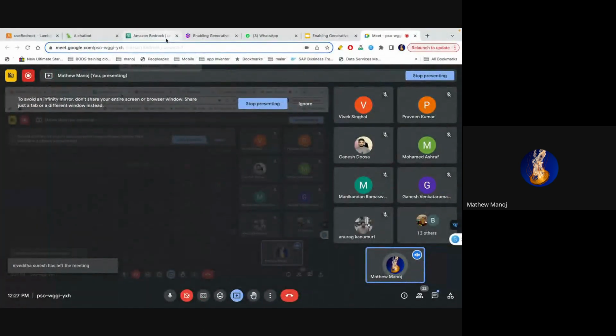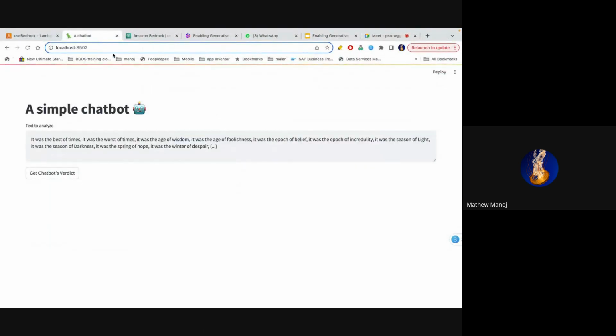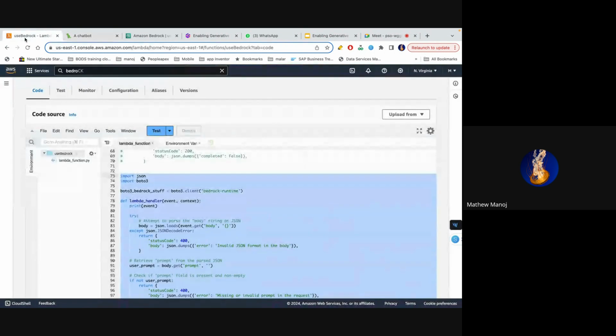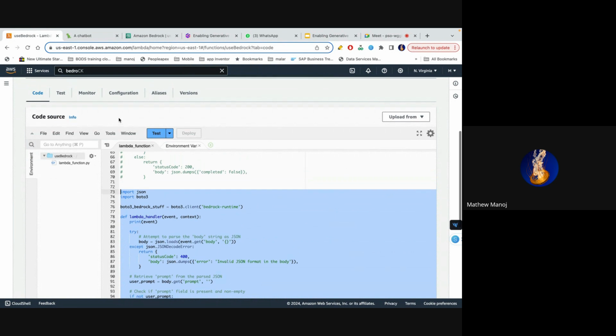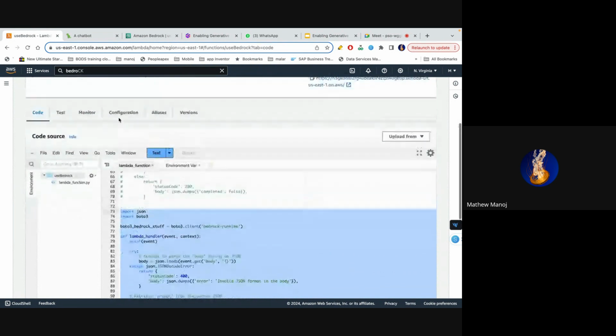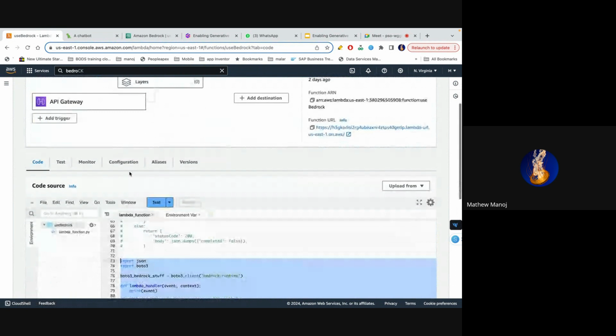So let me come here. This is a basic website that I made using Python, where you provide the prompt to the chatbot. It will go behind the server and go to these AWS services. So I will show you the Lambda function here. That is also one of the services to process whatever request comes.